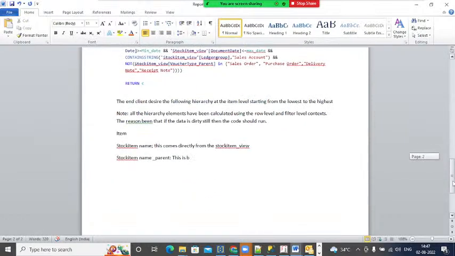Now, let me come down to stock item parent. This comes directly from stock item new. It is item name. Now stock item name parent. So stock item name parent